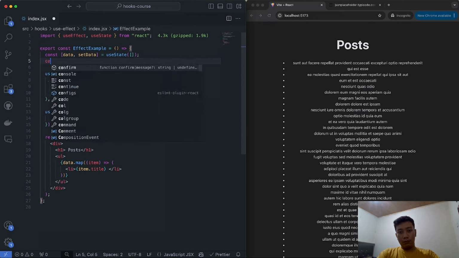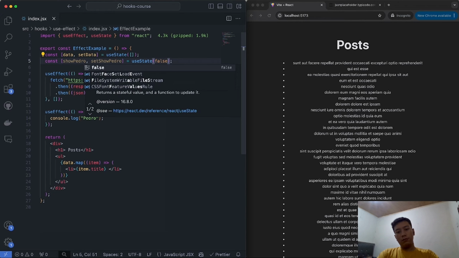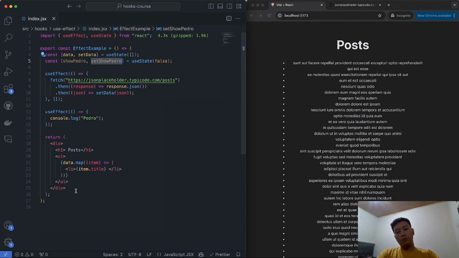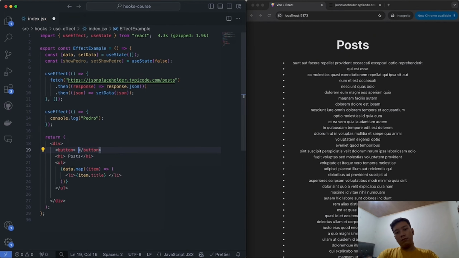Let's create another state over here. Let's call it something along the lines of showPedro and setShowPedro. This will be a Boolean, so it will start as false, but it doesn't really matter because all we want to do is, whenever I click on a specific button that I will create over here at the top as the example for you guys,